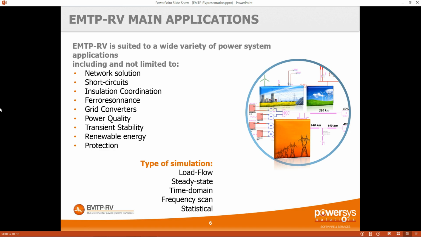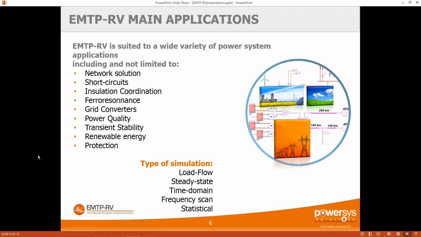Phase resonance can be studied as well. A lot of customers use EMTP for phase resonance, where you can change a lot of initial conditions like the initial flux in the transformer, and study all kinds of influence. Then we also do more